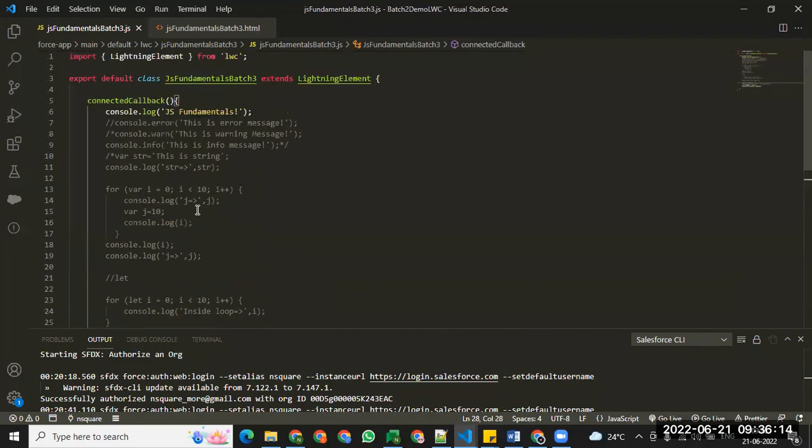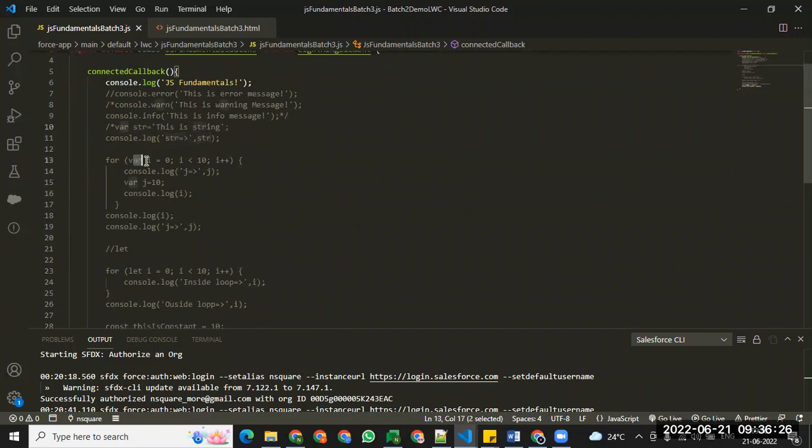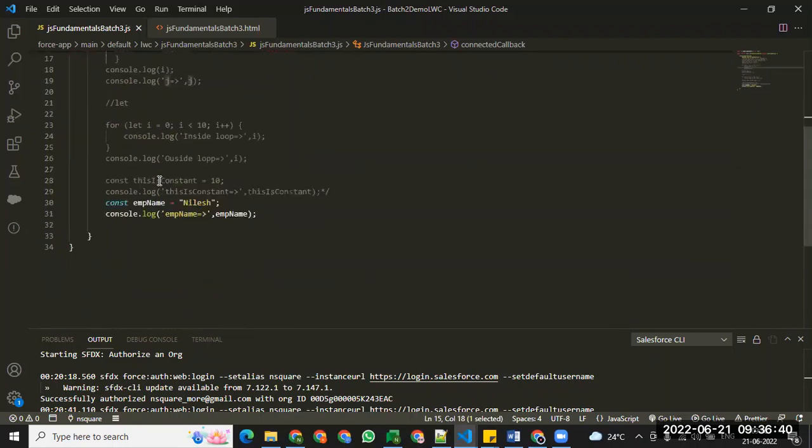So what happens is, if you can see from the beginning, we use some console statement. We use var str, we print it, we assign a string to this str variable. We take var i, a variable i, where we assign 0. We take a j variable where we assign 10 to this variable. Now what we're doing is